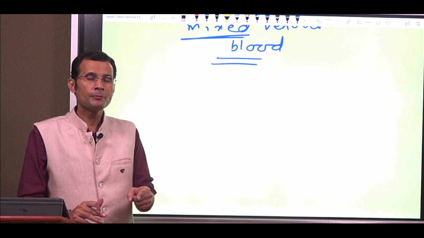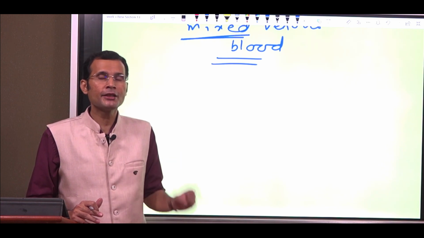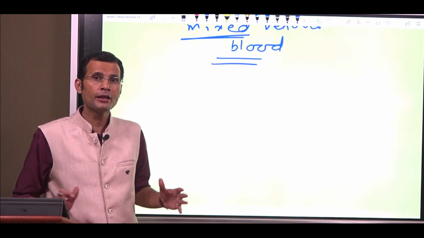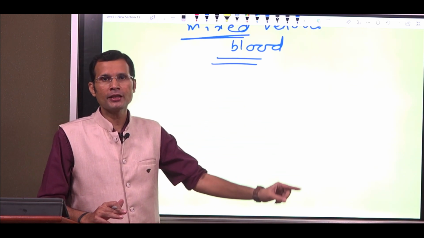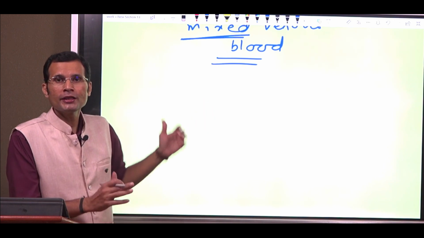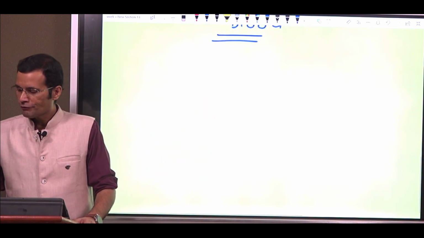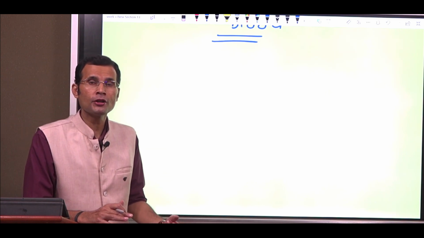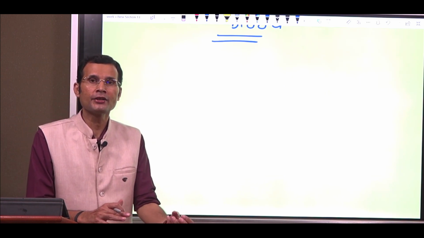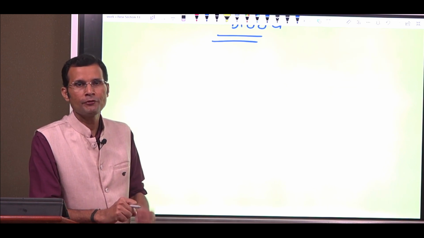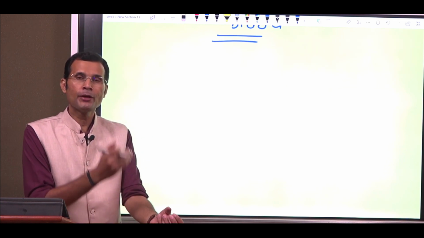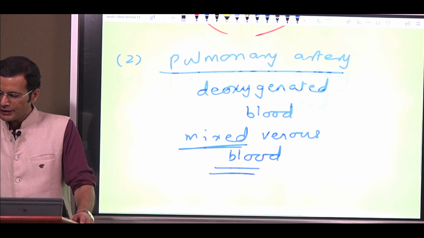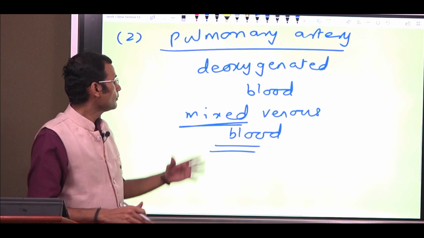But venous blood, if you want a representative sample that represents the entire body's venous blood, then you collect it from the pulmonary artery. And I told you the reason why it is so, because different veins have different volume percent of oxygen and it depends on how much oxygen was extracted by that particular organ. If it extracts more oxygen, then the vein coming from that organ will have less oxygen naturally. So that's the reason why it's called mixed venous blood.